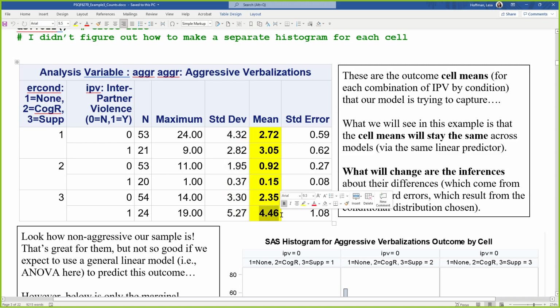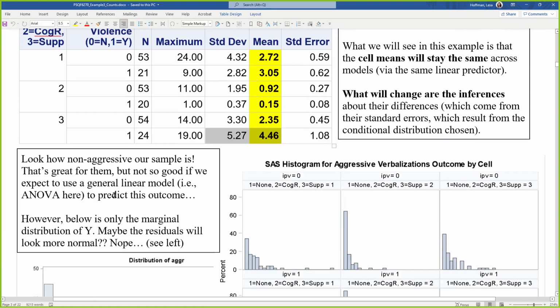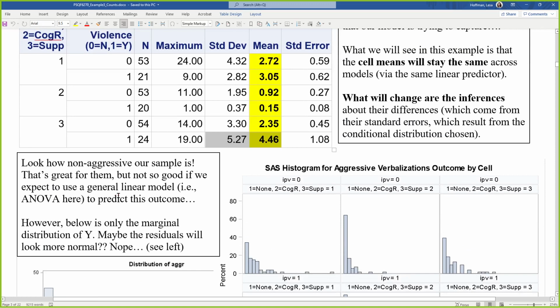The conditions that have the largest mean have the largest standard deviation. And that makes sense for count data because you can only go up, right? There's more variability at the upper end that's possible. You can't go below 0, so the lower end gets truncated. So what we will see is that the standard errors that go with these means vary greatly across models because of the differences in what the standard deviation is presumed to be. And if the standard errors differ across models, so do p-values.